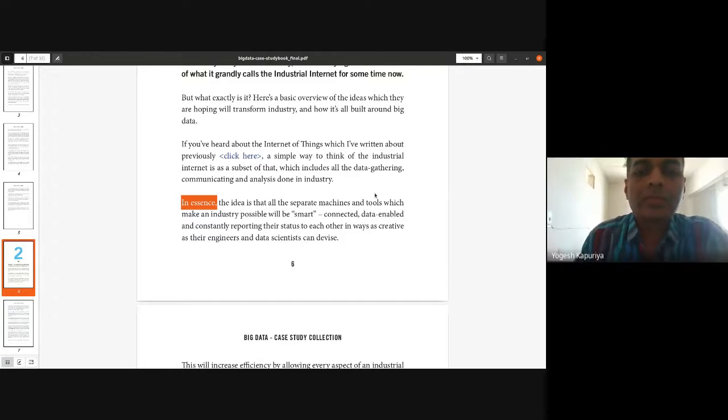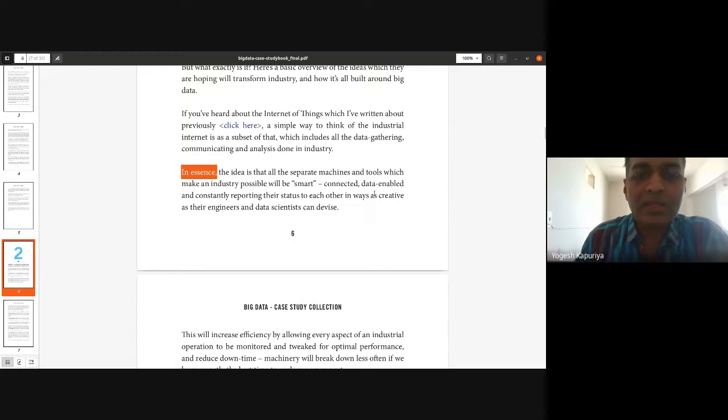They collect the data through their assembly lines, and then that is processed to separate out the machines and tools, or to plan their resource management. So basically they are using big data solutions for resource management.